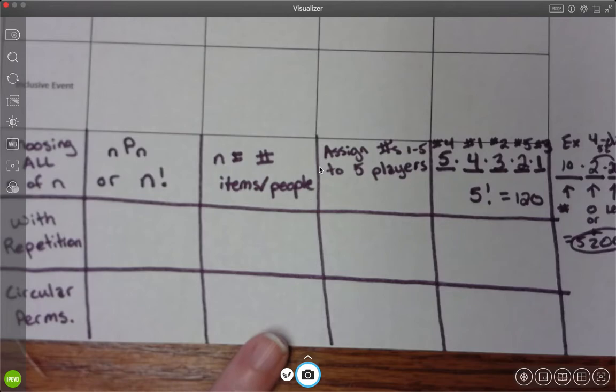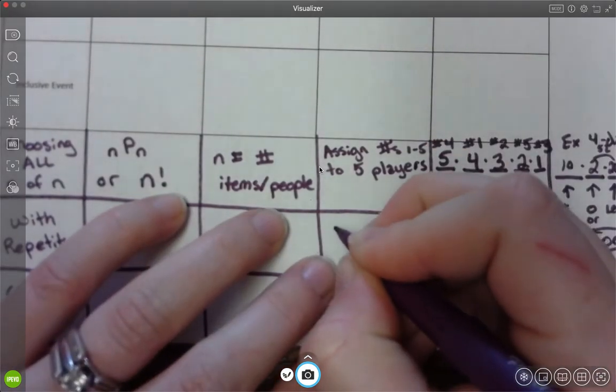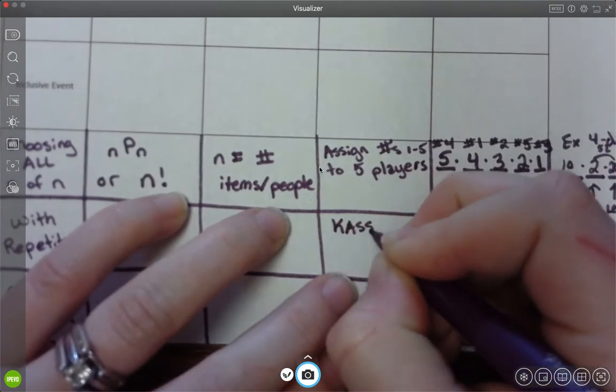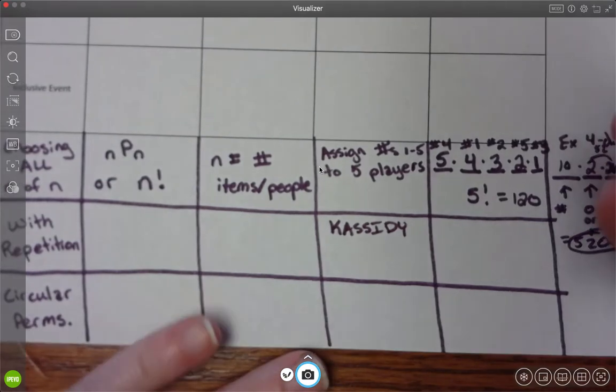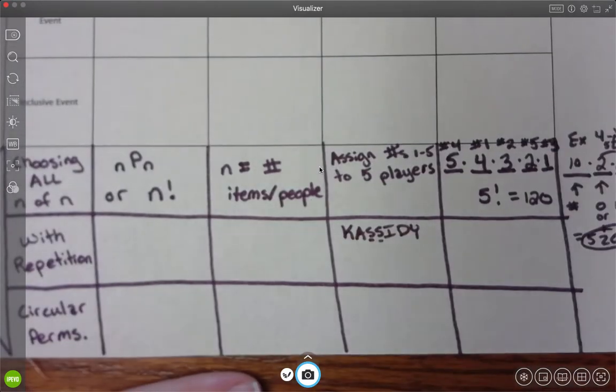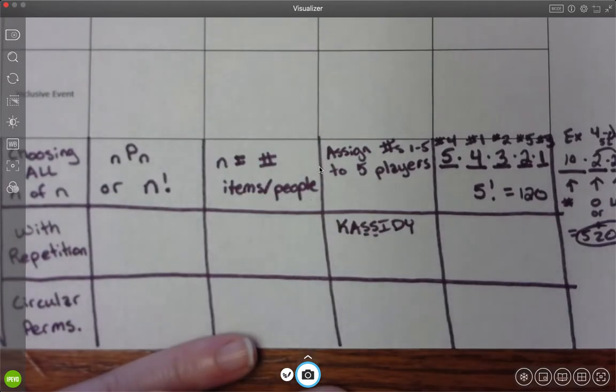We could use Cassidy. How about that? Okay, so for example, Cassidy. Cassidy's name has 2 S's in it, okay? So if I were to randomly put the letters of her name into a hat and